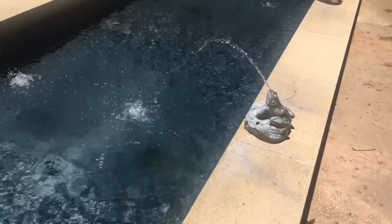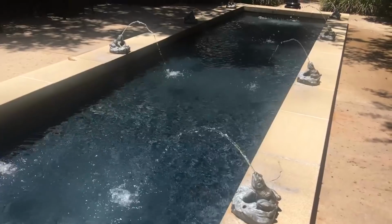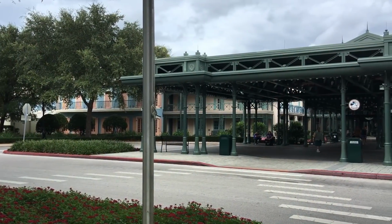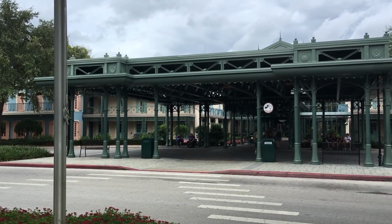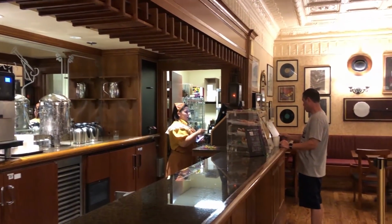We've explored all the parks. Now it's time to talk about the best counter service locations at the Walt Disney World hotels. And remember, these are great places to go midday when everybody else is in the parks. These locations in the resorts are usually totally empty. So check these out. And if you're having a resort day, consider traveling to a different resort to try out